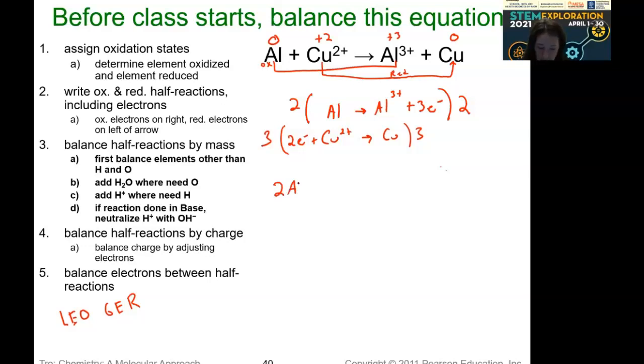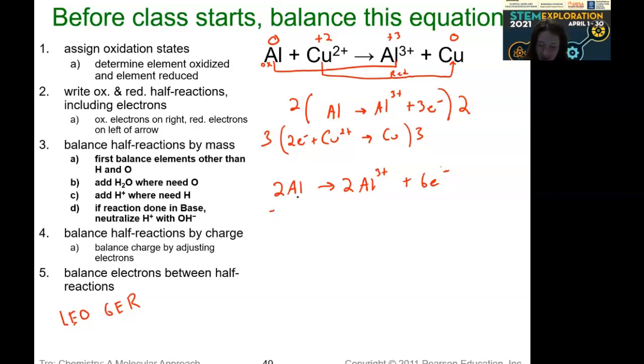So 2 aluminums goes to 2 aluminum 3+ plus 6 electrons. And then we have 6 electrons plus 3 Cu